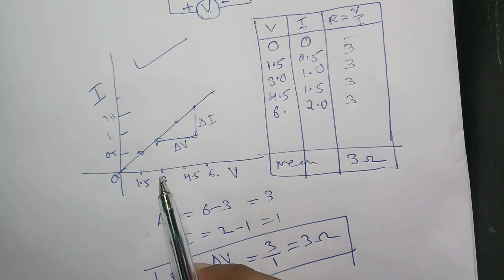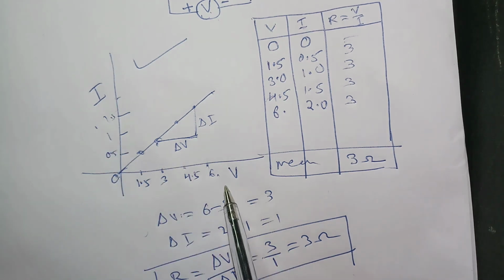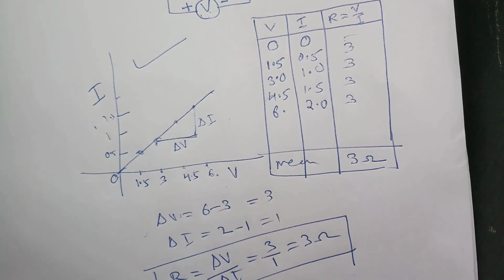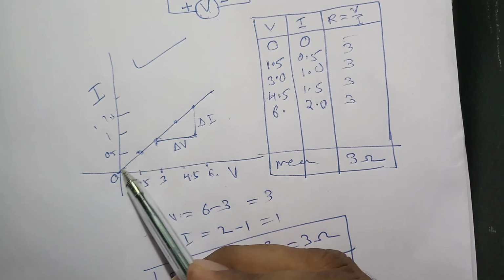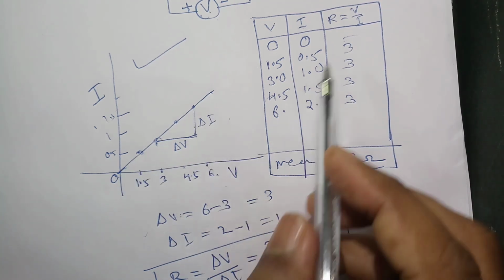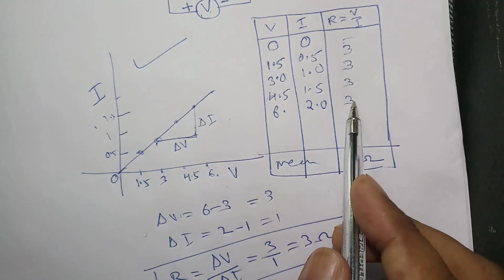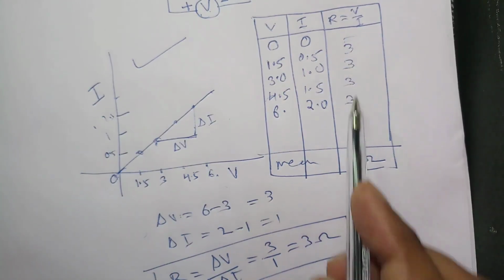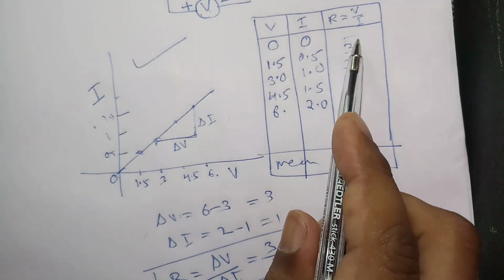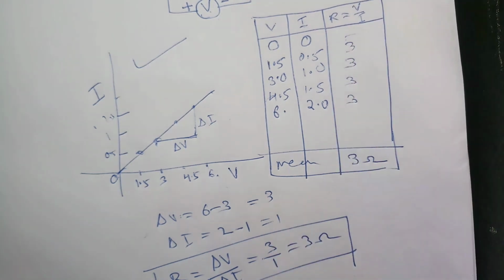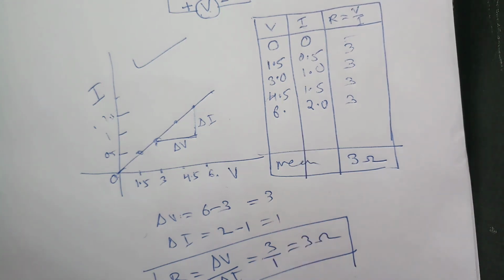So you can get such a graph is given, and what is the value of resistance you can calculate from this one. Okay, so if voltage is this side and current is this side, according to that one you have to change, that's all. So this is the way of finding resistance of a material. So when you do practically, if you are getting a straight line from this one, you can calculate, and from here also you can get it. Sometimes only this one will be given, so you have to find that. If a table is given, then by this one also. So if a small difference is there, you can take the average. Actually there will not be any difference, but when we do the experiment there can be small experimental error, so that small difference can come here. Okay, that's what I just told you.